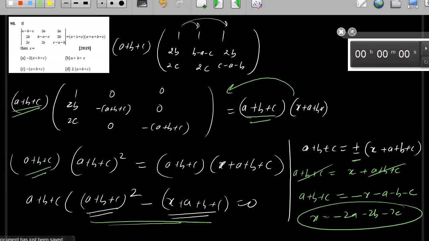of X into A plus B plus C. With plus you will get 0, and with minus you will get the answer which was given. But that option is not there, there is no option. You will leave this question thinking there is some option and you might get a bonus, or you will spend too much time thinking where you made a mistake, because this is such a right question.